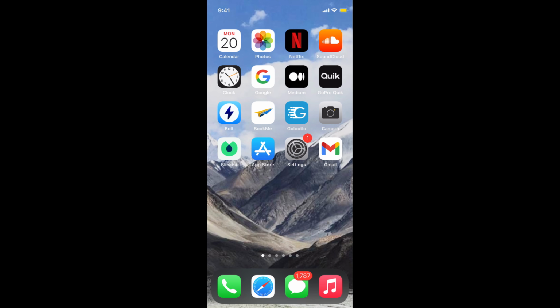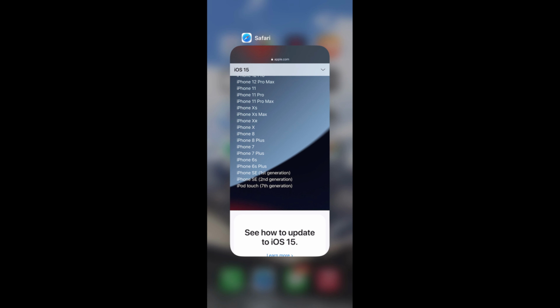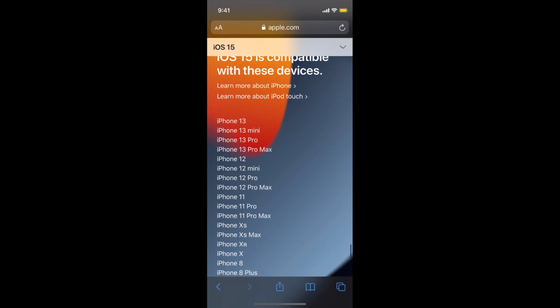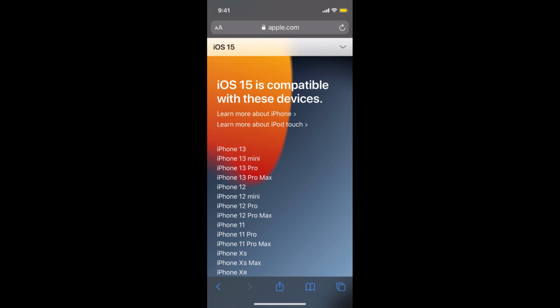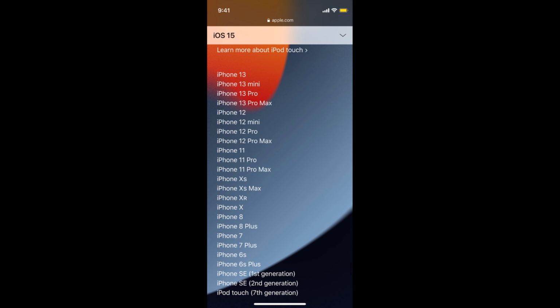So the process to download and install iOS 15 on your iPhone is quite easy and simple. First, you need to make sure that you have a compatible device for iOS 15. For that, you simply need to consult this list on apple.com, and here the list includes iPhone 13 and